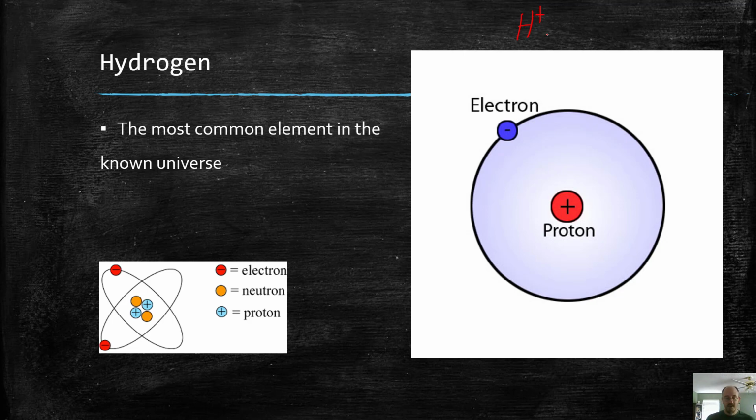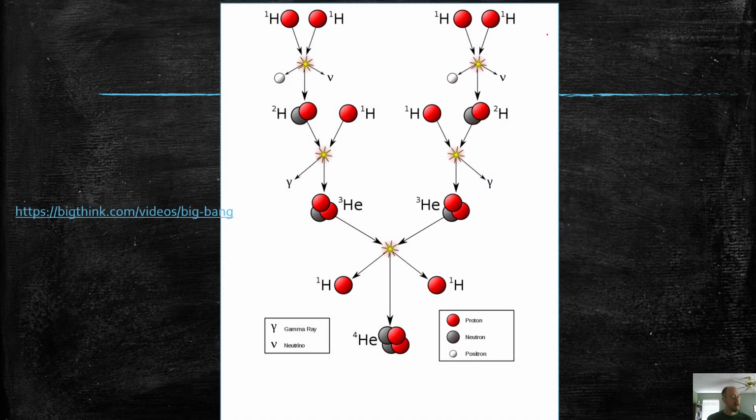It's the most common element in the universe, and it shows up shortly after the Big Bang. About 300 million years after the Big Bang is when hydrogen really started to become common. Other elements, like helium and all the other elements, are formed typically in stars. So I'm not going to explain this whole thing to you. You can take a physics course or an advanced chem for this.